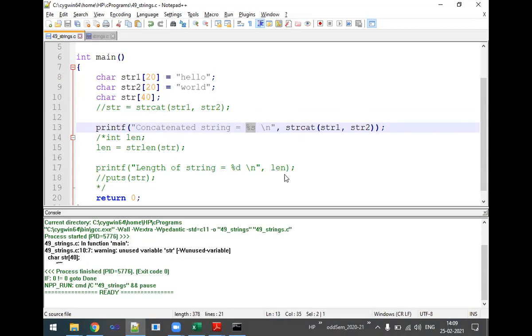There is no space here. Why is there no space? Because in string 1 or in string 2, I have not given any spaces. Now suppose I give a space here like hello and then space, then double quote, then we will see hello followed